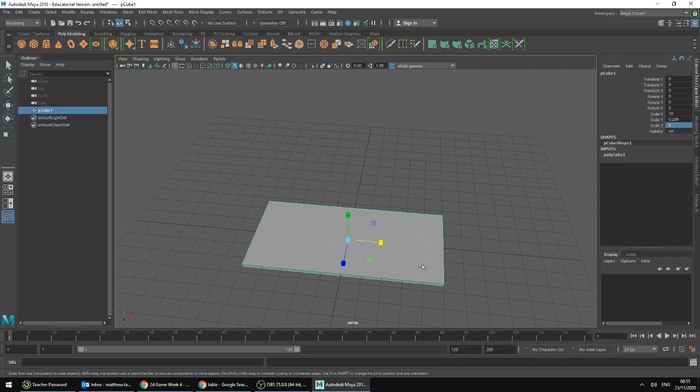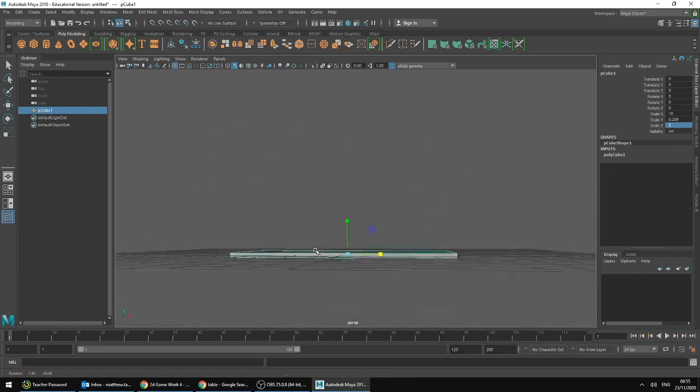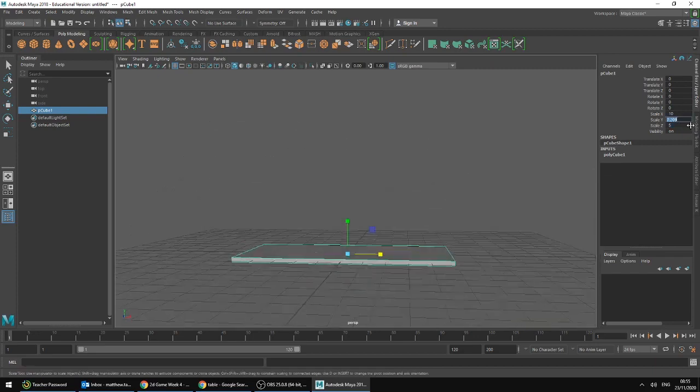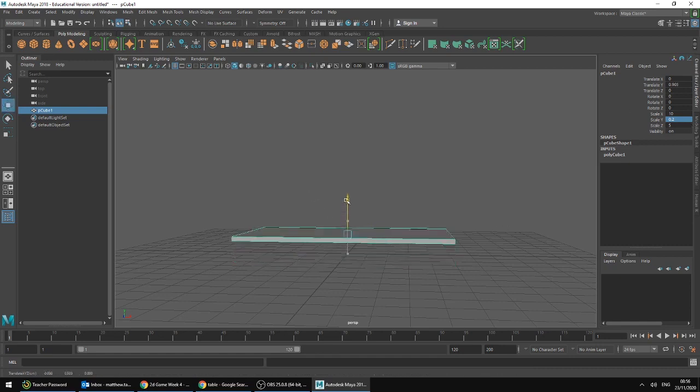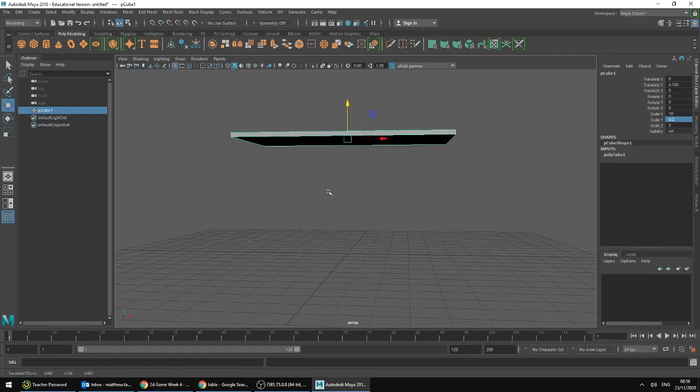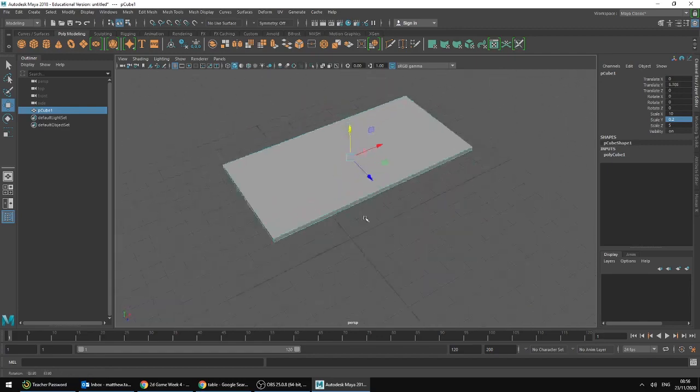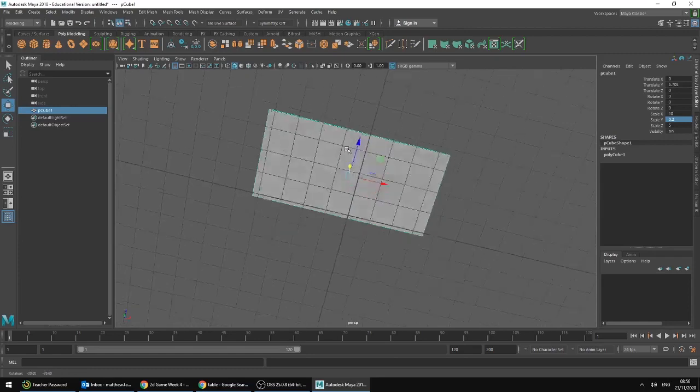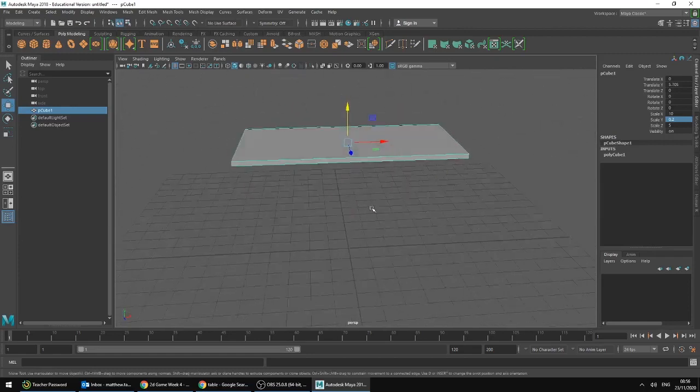And then at the minute the thickness is at 0.2, which is fine, but let's just tidy up that number so we don't have the 9 on there. So 0.2, yeah, that's fine. So now using W, let's just move this up, ready to extrude from. So I'm happy that that's my tabletop. So pressing Q, going back to the arrow key,